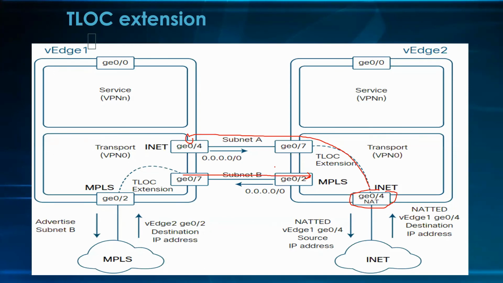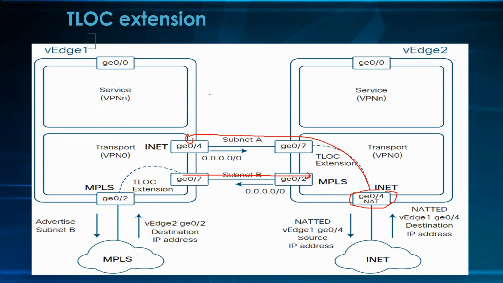Right. But I did not get one point. If you are just saying that you are extending the transport, extending means we have one physical connection from the ISP on the single router, and you are saying that we can extend it to another physical device on the same site. Same site, but what are we achieving by using this?